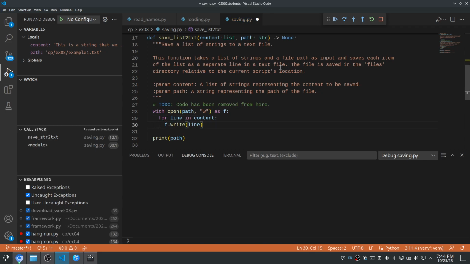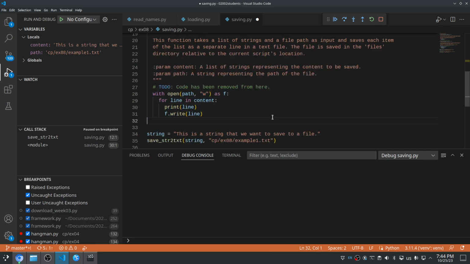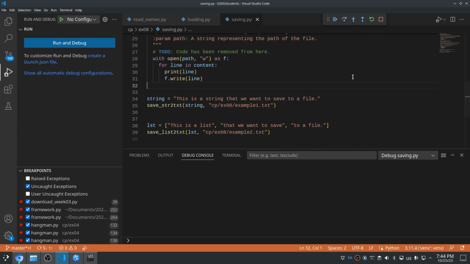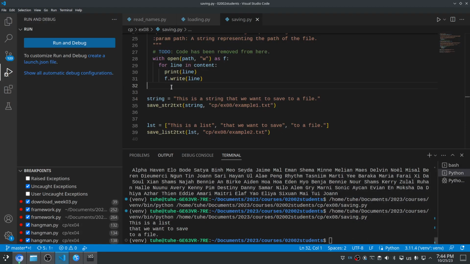So now we loop over all the lines in content, and then we save them to the file. Maybe if we print them out, we can just confirm that this actually does what we intend. So I'll just remove this, and then we'll stop the debugger and then call the file. So we can see that this loop, when we print out each line, we actually get each line that